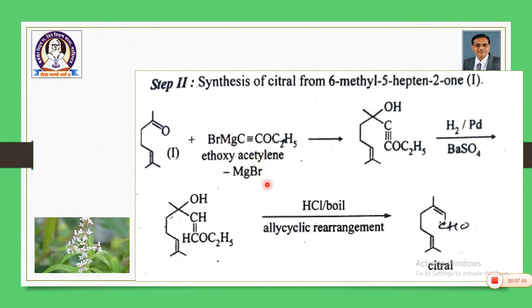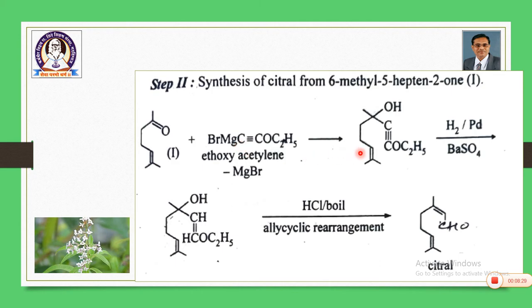So, ethoxyacetylene magnesium bromide undergoes addition reaction, and during the addition there is a C triple bond C-OC2H5 addition. This C double bond O is converted into OH, and the rest part of the Grignard reagent is directly added to the system, that is OC2H5, one portion is there, and C triple bond C. So, C triple bond C-OC2H5.